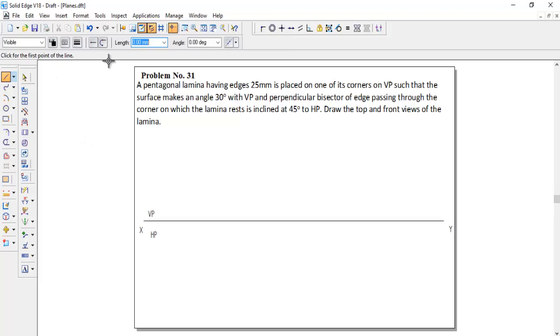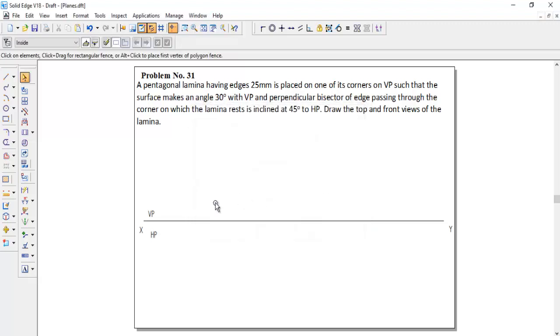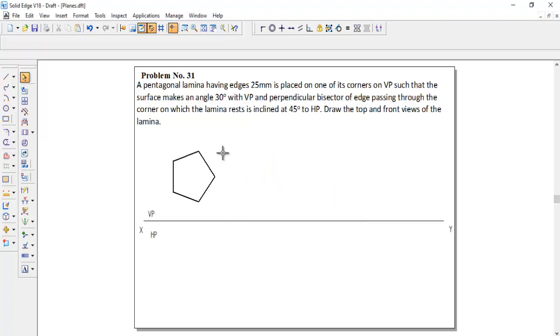Okay, here we can go to the application and macros and run macros, and here we can get the inside polygon. Once the polygon is open, we need to select the flat length, and the side they have given is 25 and number of sides 5, and you can click it on the VP. Once we click here, by default the edge condition comes, and we need to make the corner here.